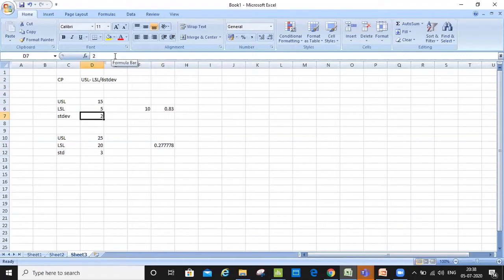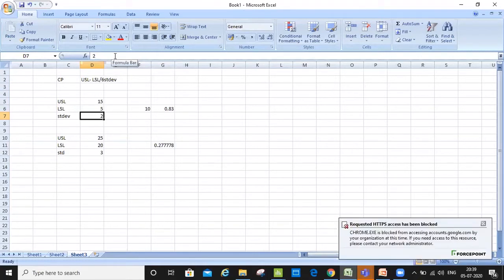Even if it is equal to 1 or very near to 1, I would not make a lot of noise at that point in time, because CP equal to 1 means it is kind of meeting the customer requirement. It is good as per the design, but for future scenarios there might be some defects in case of any special cause variation. So I will be cautious by saying that we need to make a plan to redesign. Okay, so we have covered CP here.